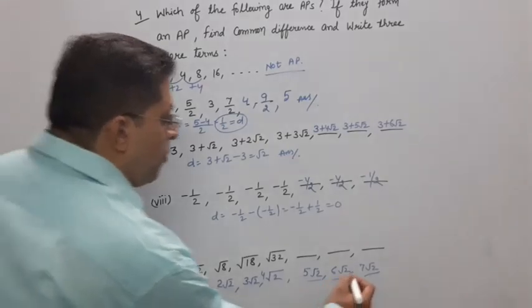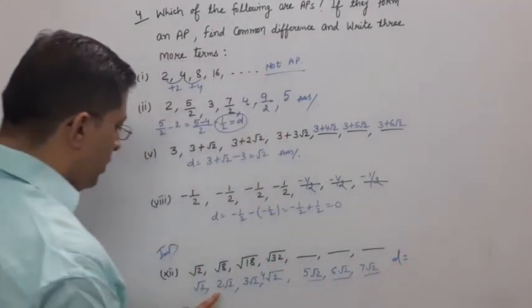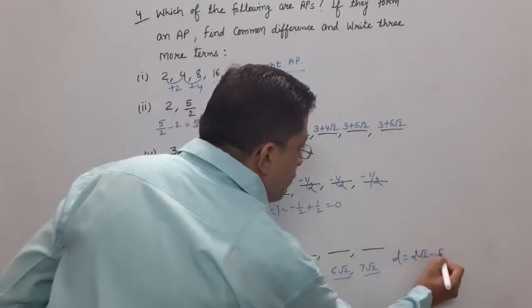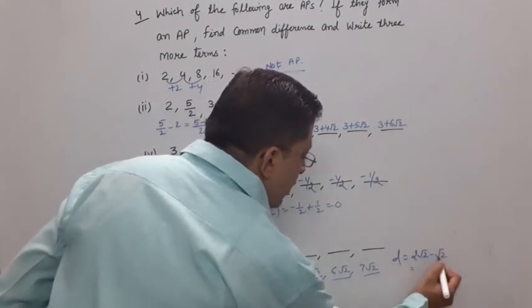These are three terms. Common difference I am finding here. What is common difference? Second term minus first term. 2 root 2 minus root 2. 2 root 2 minus 1 root 2 is